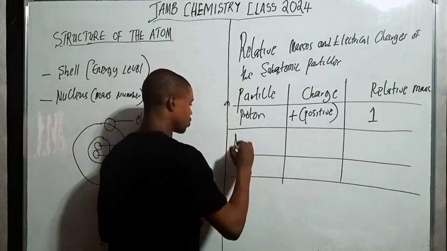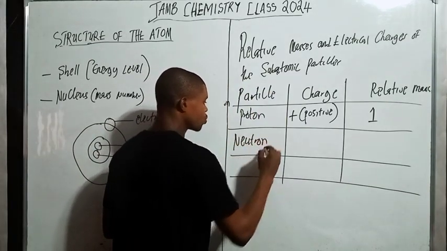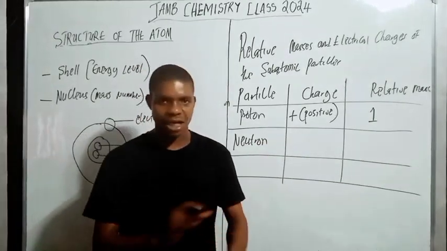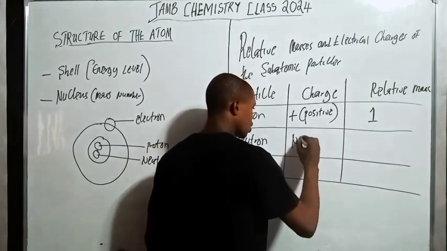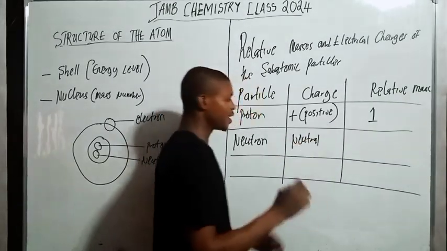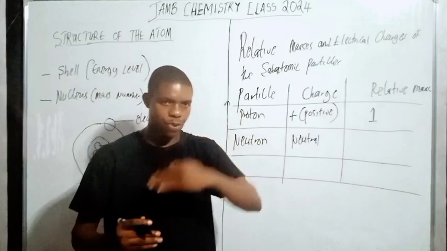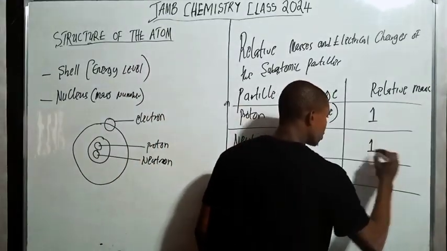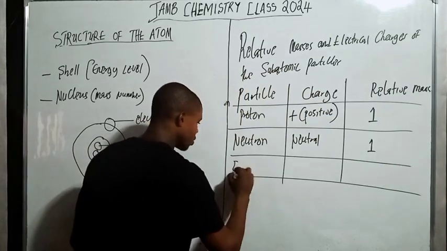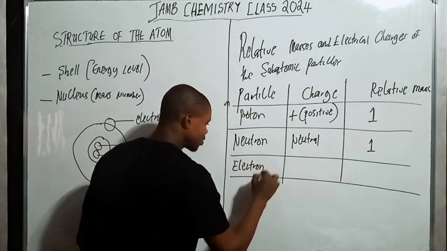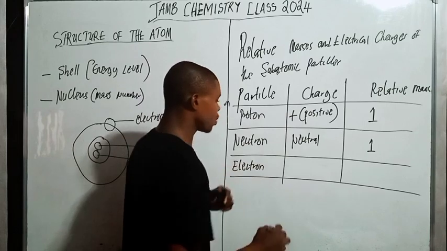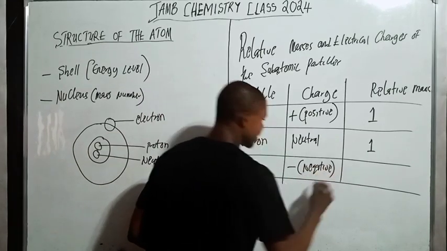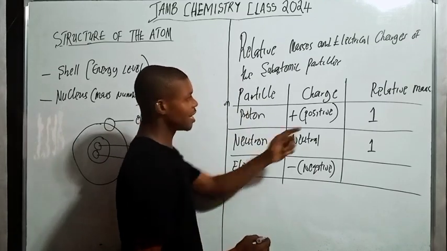Then you have the neutron. The neutron is electrically neutral. That is, it does not have any charge at all. It is not negative and it is not positive, and the relative mass is also one. Then the electron: the charge is negative, and the relative mass is